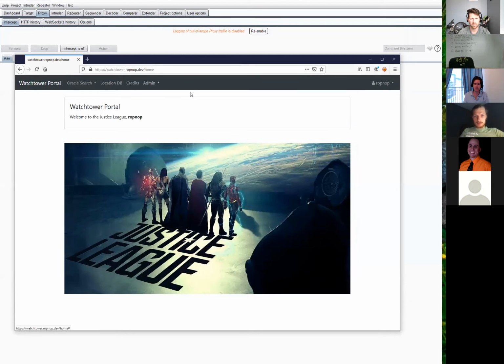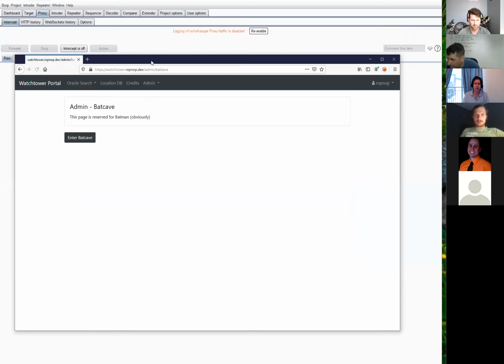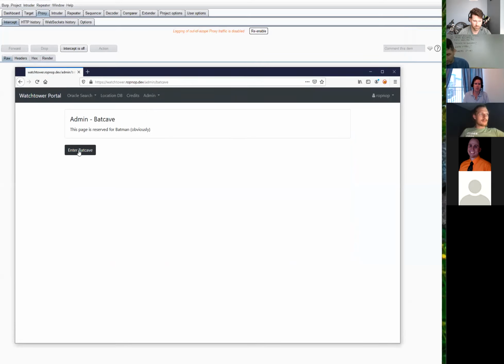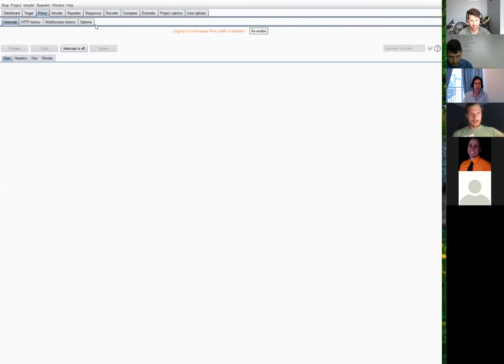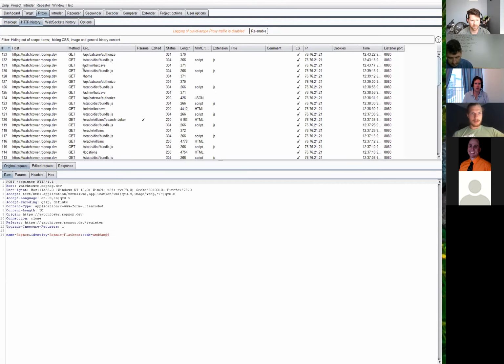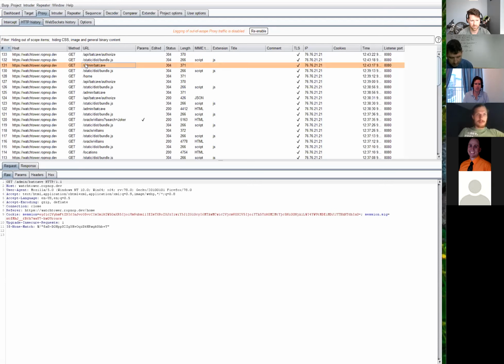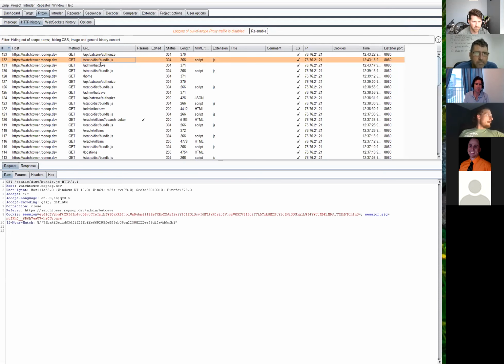Since it seems like a lot of people spent time on the Batcave, I'll start with that one. If we go to the Batcave, we can see that the page loads, and then if you click the button, something happens and it says, "Nice try, you're not Batman." If we look at our HTTP history here, apologies if this is really small, we can see sequentially what happens. We load admin/Batcave, and some HTML comes back, and then it loads a bunch of JavaScript, the dist/bundle.js,